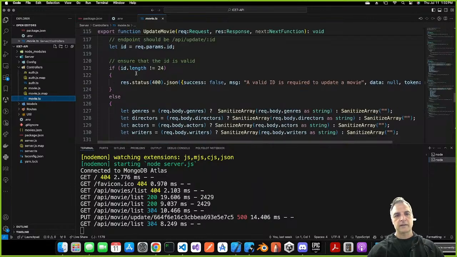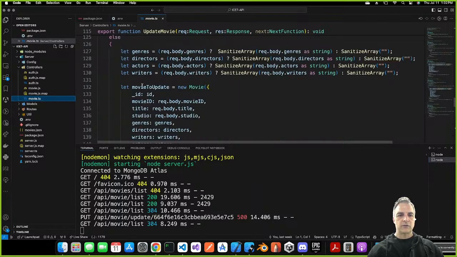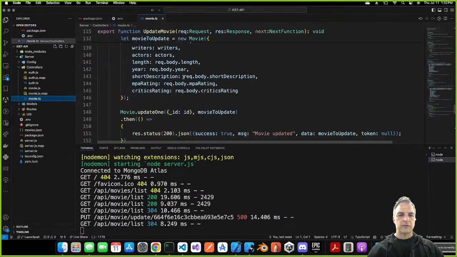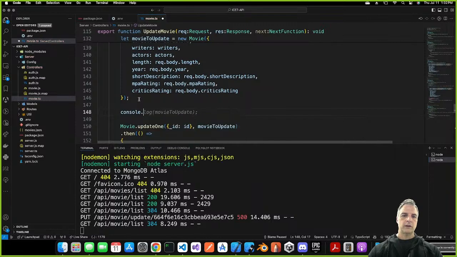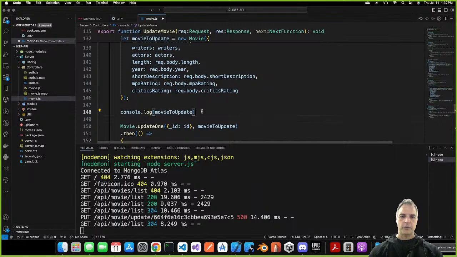It says list, make sure it's the right list. We got to there. Else, we try to do this. And did we get to our movie to update? Did we get to here? So let's do a console log. Console log. Movie to update, right? And I want to output that movie to update to the console to see